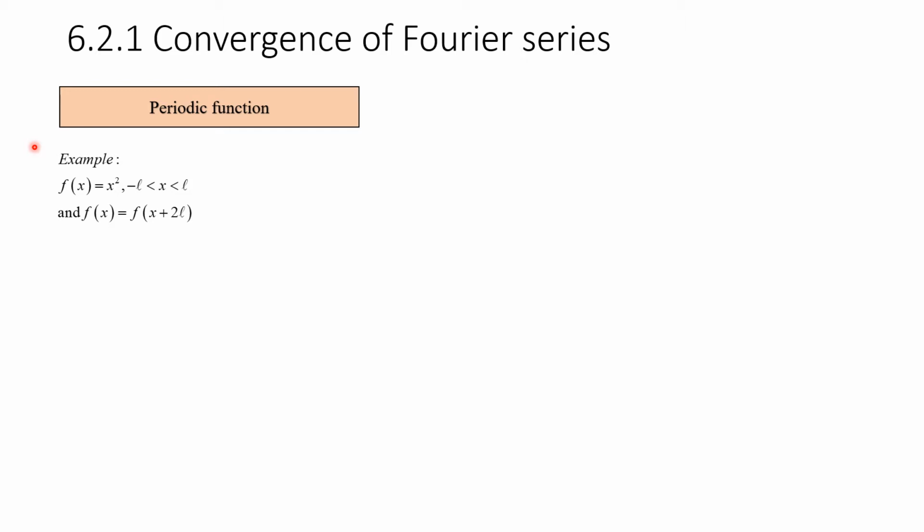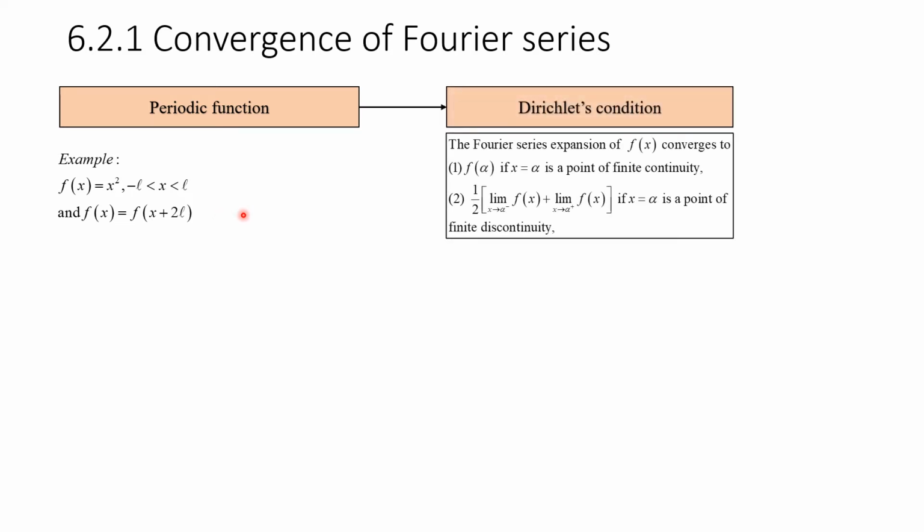As we know, a function f is defined in the fundamental interval, which is between negative L to L, and it is periodic with period 2L. So at some points in the interval, the function may be continuous or the function may have finite discontinuity. So the convergence of a Fourier series must satisfy the Dirichlet condition,